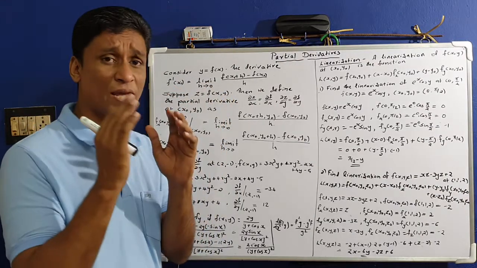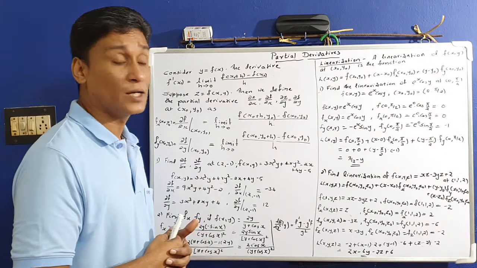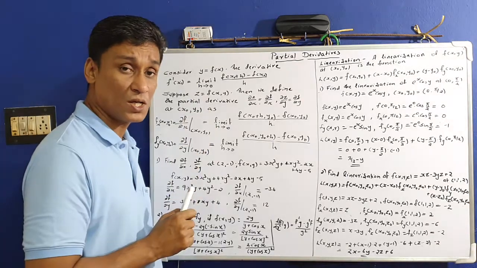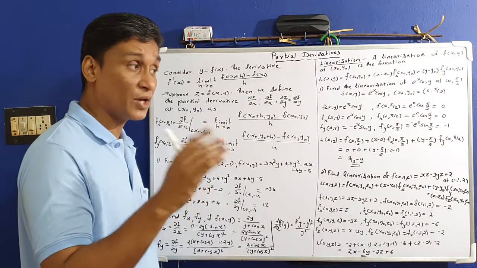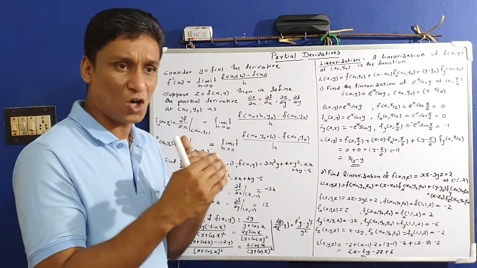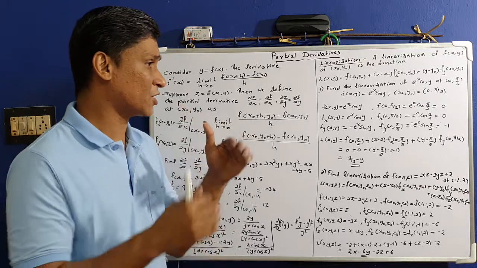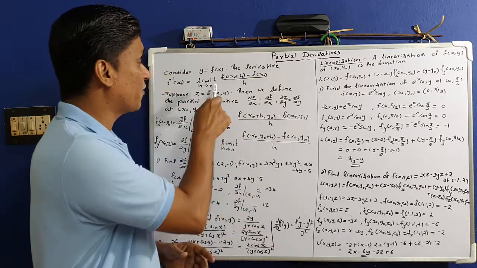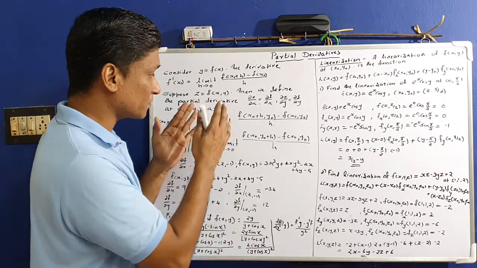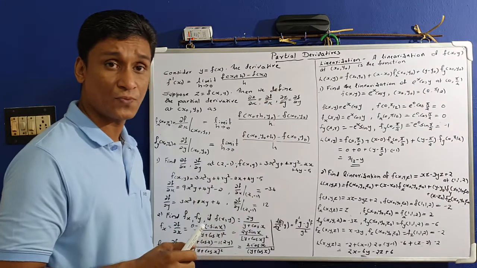Now, in this case, there was only a single variable. What happens when we extend this definition to the case of two variables? You are given a function z equal to f of x, y, which contains two variables. Here also we can differentiate, but the differentiation is somewhat different. In certain cases we can define the full derivative, but since there are two variables, we define the derivative as partial derivatives,